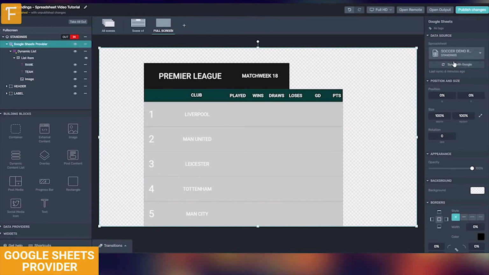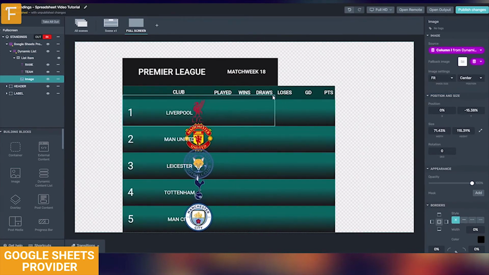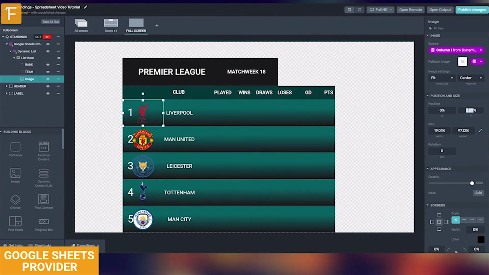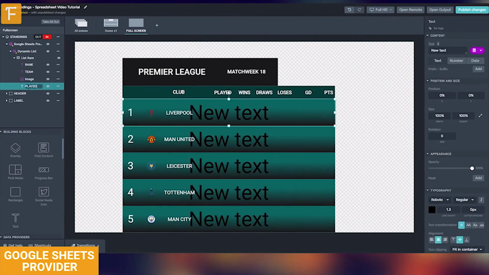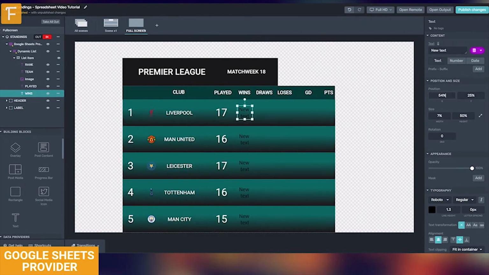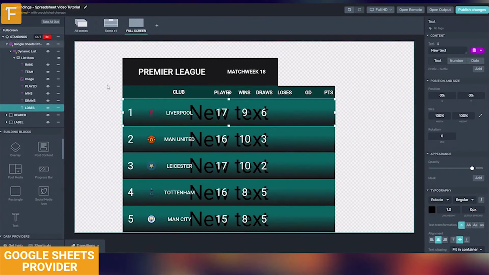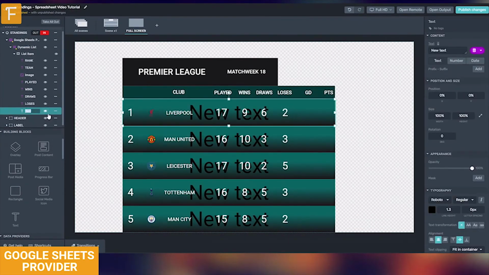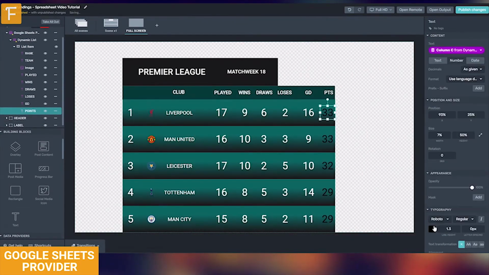After making the change, synchronize the spreadsheet and continue building the standings graphic. And here we have our standings full screen.